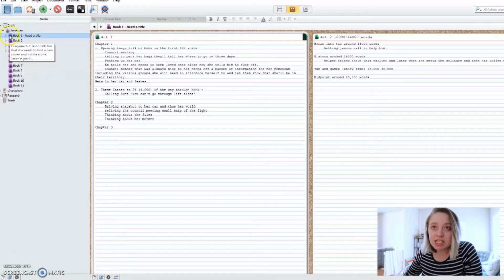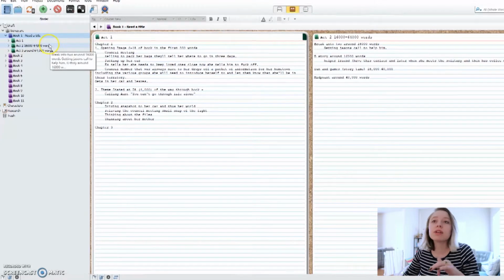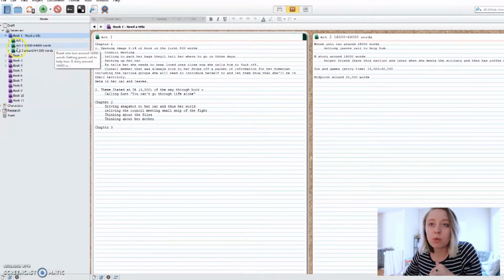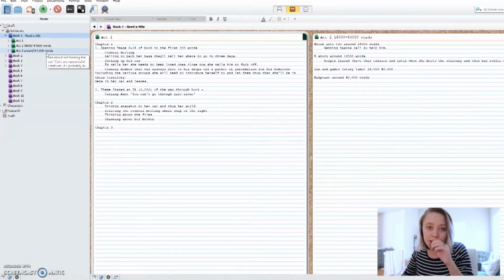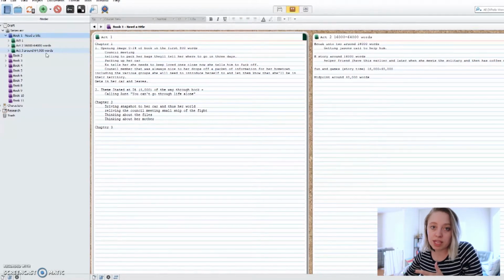But to get into the actual setup for my outline, I've got everything outlined into 3 acts. The one thing that I really liked about the Save the Cat outline was that it had the specific word counts that went along with each act. That really helped me pace my book and know where I was at and how much more I needed to write before I was at the point where I needed to be. So if we go into Act 1,